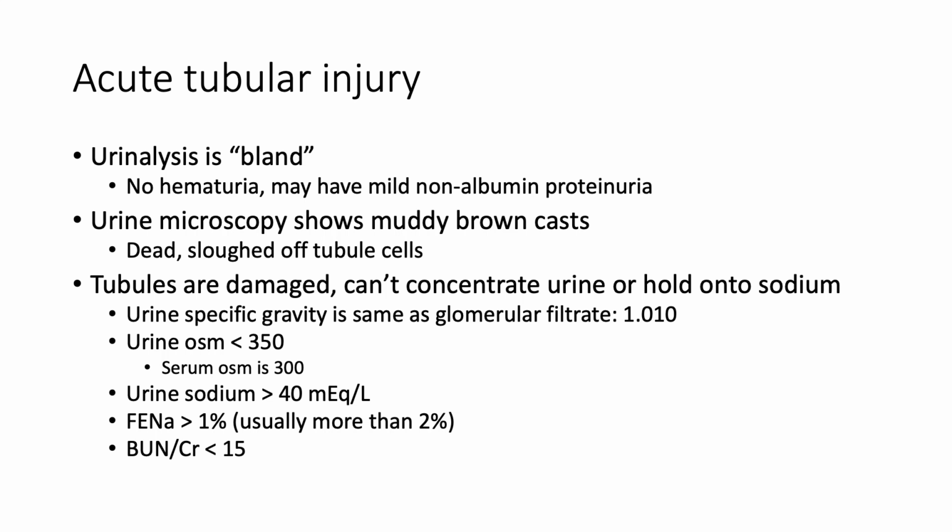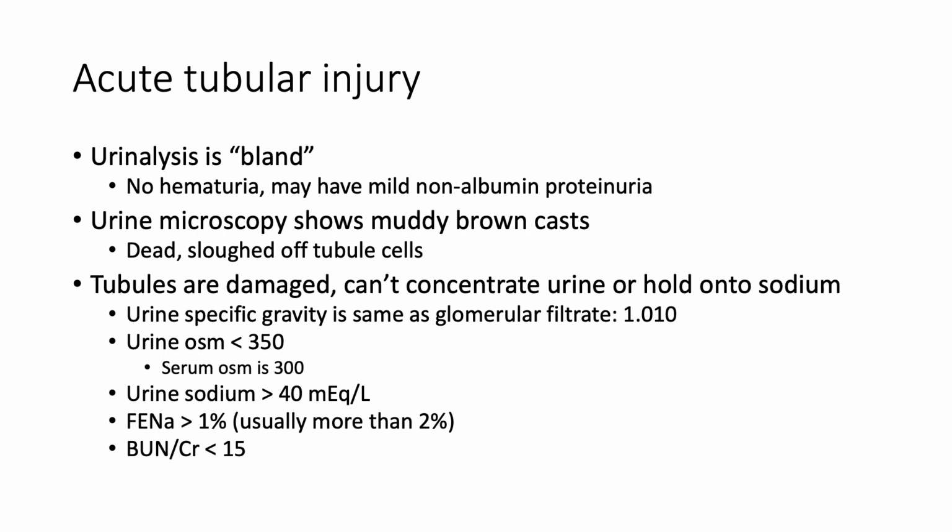If you do urine microscopy, you're going to see a lot of muddy brown casts, and these are made from dead, sloughed off tubule cells. So because of this ischemic injury, the cells have died, they've sloughed off into the urine, and they appear as these muddy brown casts. So because the tubules are damaged, they can't concentrate urine or hold on to sodium like